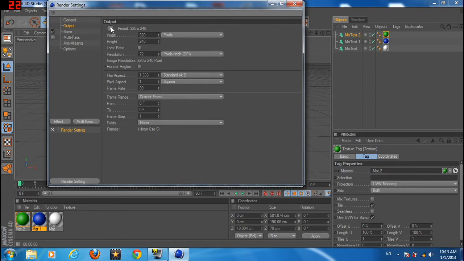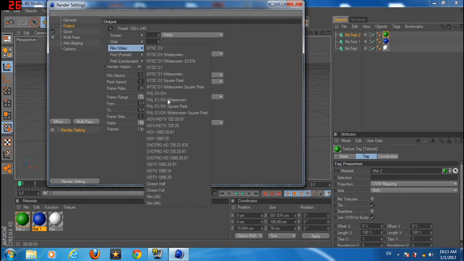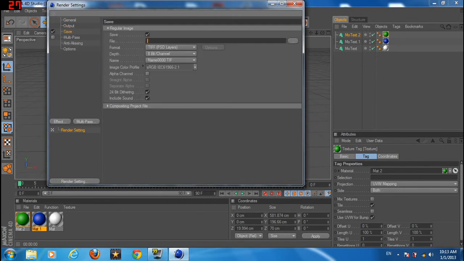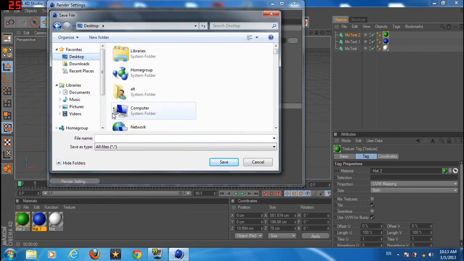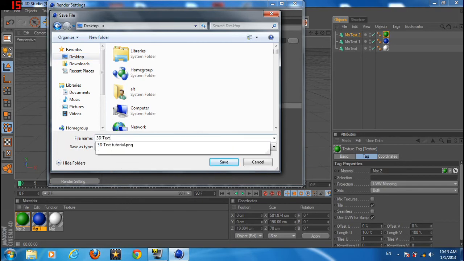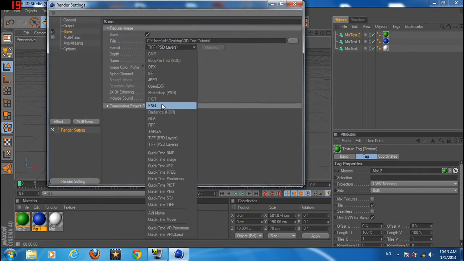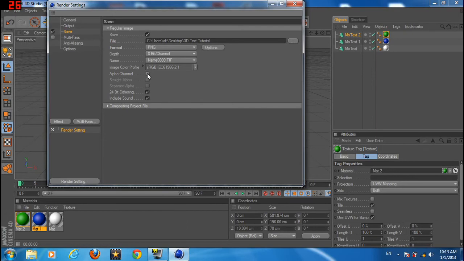For the output, click on this arrow button, Film and Video. Make sure it's on HDTV 720 25, and go to Save and save it wherever you want. I'm just going to save it on my desktop. Just name it, I don't know, 3D text tutorial, something like this. Okay, and now make sure format is on PNG, and make sure alpha channel is checked,